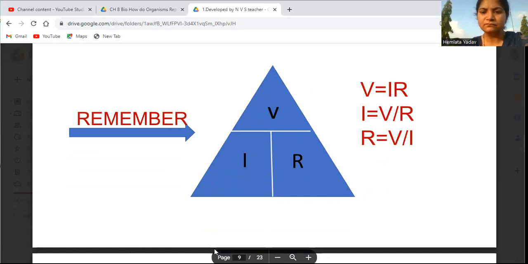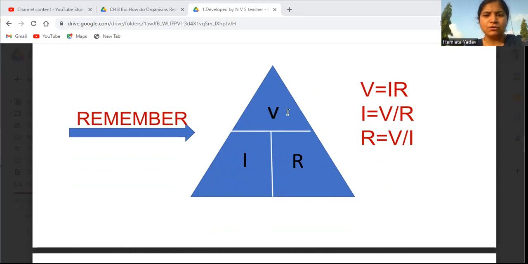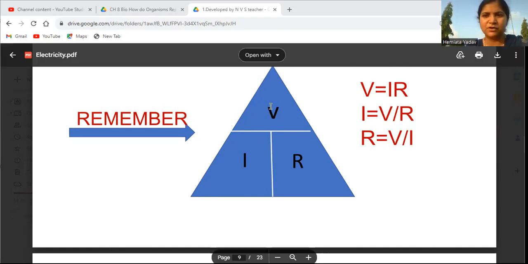ये सारे फॉर्मूले हम V = IR से बना सकते हैं। अगर हम एक ट्राइंगल में V और I और R को इस तरह से लिख लें, तो अगर हमें V निकालना है तो फॉर्मूला होगा I इंटू R। अगर हमें I निकालना है तो फॉर्मूला होगा V बाय R, डिवाइड में चले जाएगा ये। और अगर हमें R निकालना है तो फॉर्मूला होगा V बाय I। अगर हम V ऊपर रखें और I और R सामने रखें, तो फॉर्मूले याद करने में आसानी होगी। V = IR।